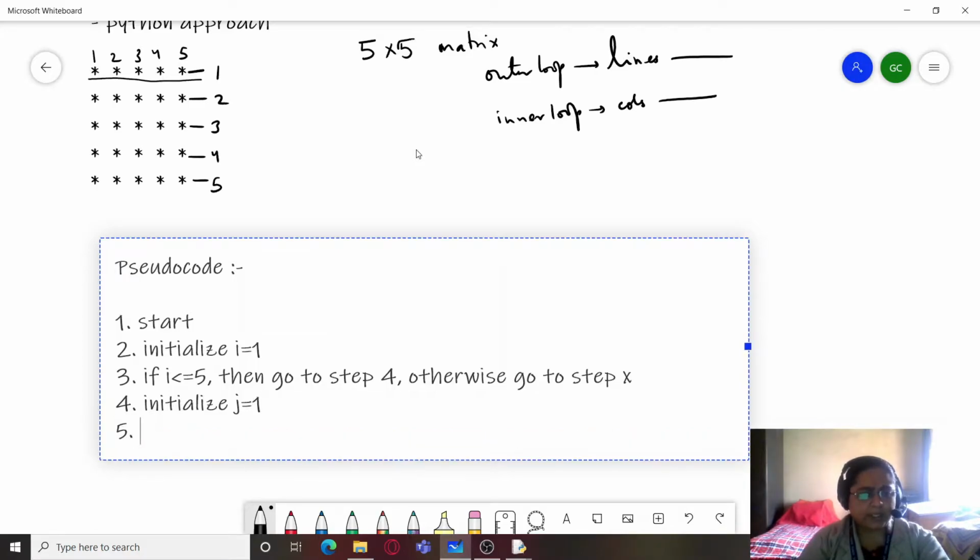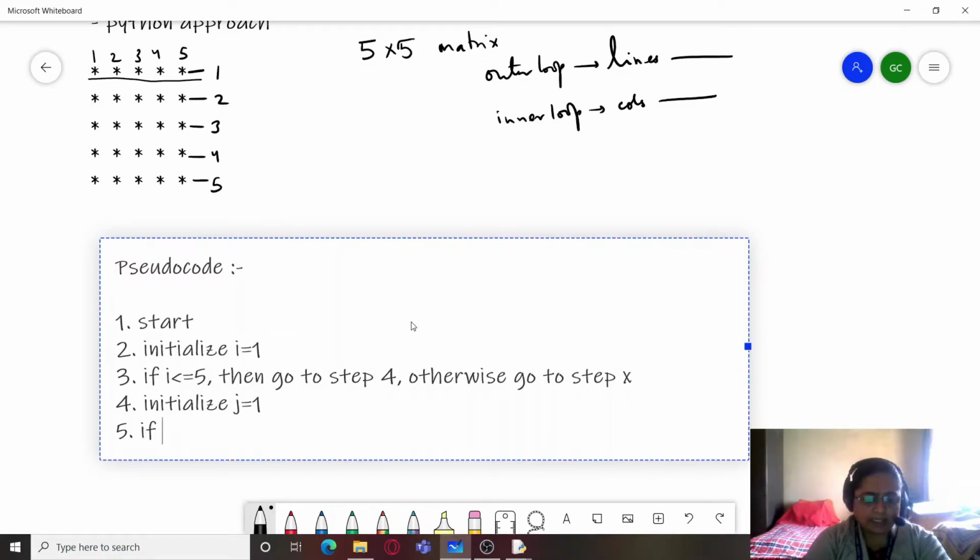And I had already told you that for one iteration of the outer loop, the inner loop completes all its iterations. So inside this j is going to handle the individual columns. So the outside I equals 1 will be handling the first line, and in the first line individual column positions will be handled by j.